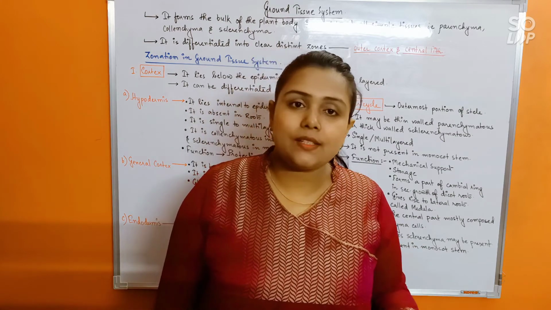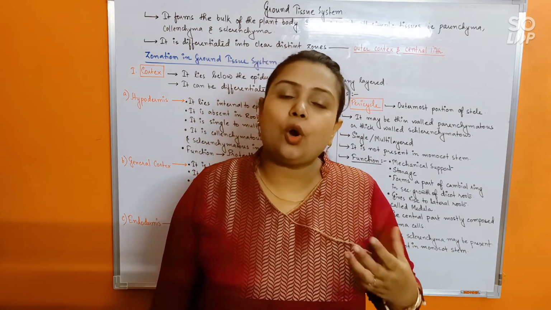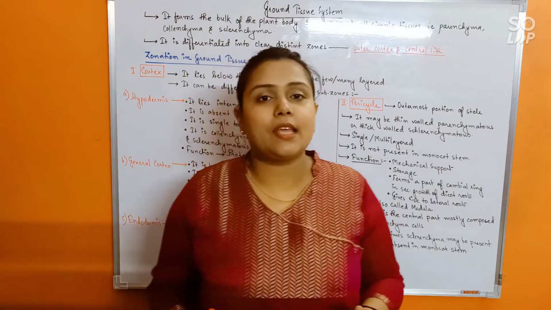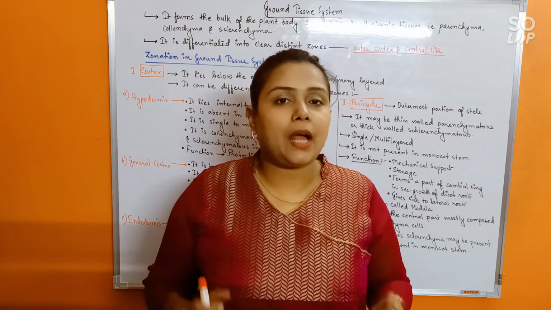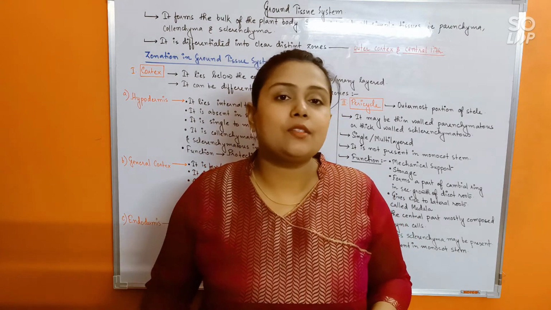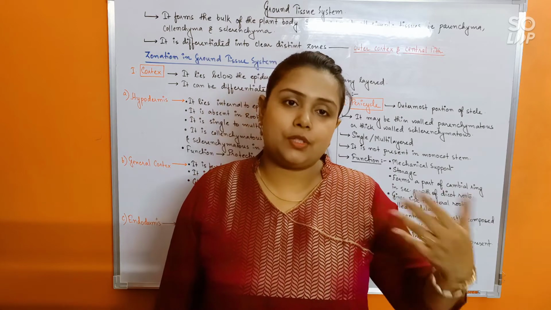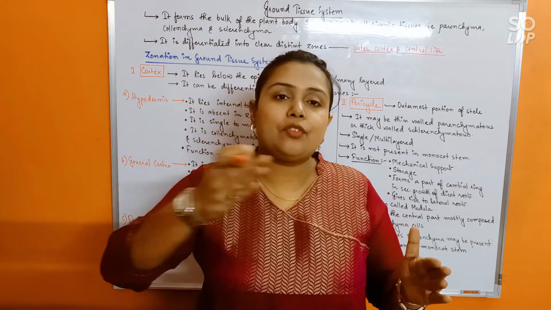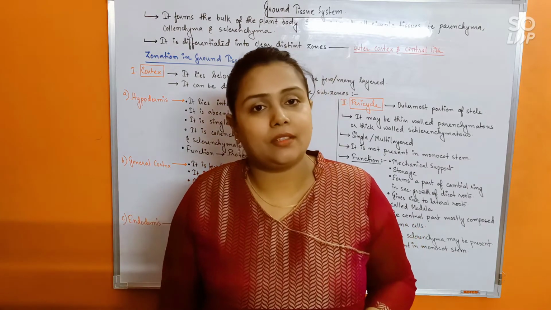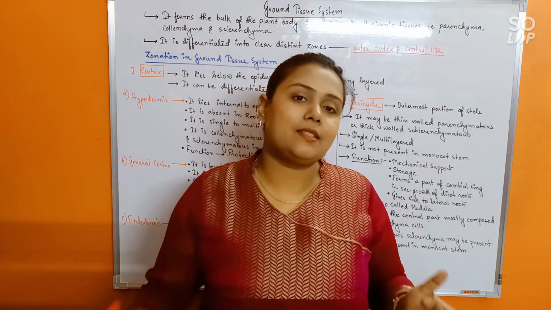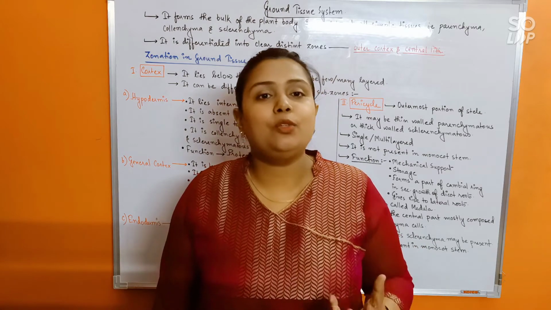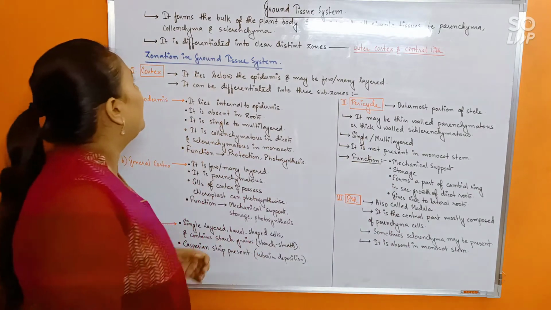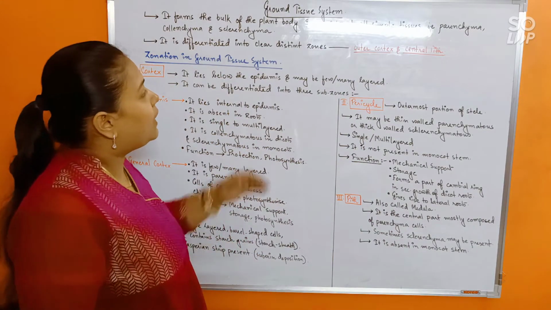that is the cortex and the pith. And again, the cortex can be further divided into various distinct layers. So in short, we can say that the ground tissue system comprises various distinct layers of cells, starting from outside, that means internal to the epidermis, up to the centralmost portion, that's called the pith. Okay, so it consists of various distinct layers of cells, and what are those distinct layers? Let us discuss that.